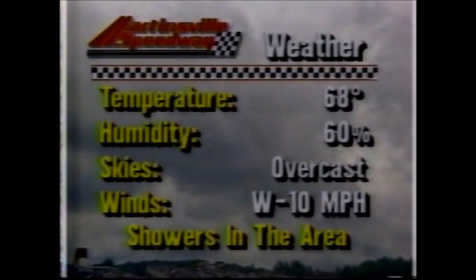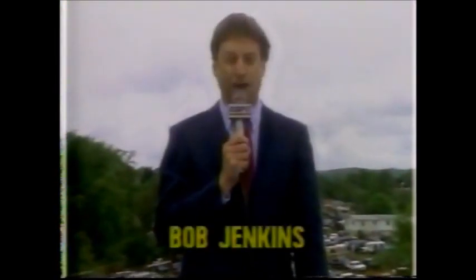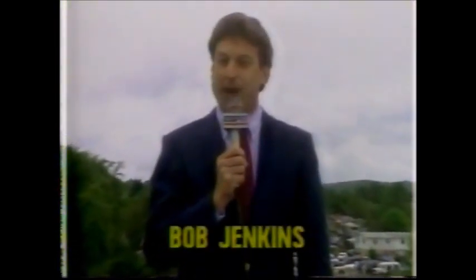It's a cloudy Sunday afternoon. We have a cool breeze, temperature at 68 degrees, and there are showers in the area. Good afternoon, everybody. I'm Bob Jenkins, and welcome to Martinsville, Virginia, the final spring short track race for the NASCAR Winston Cup cars. Now, before we talk about this race, let's explain a little bit about what happened last week